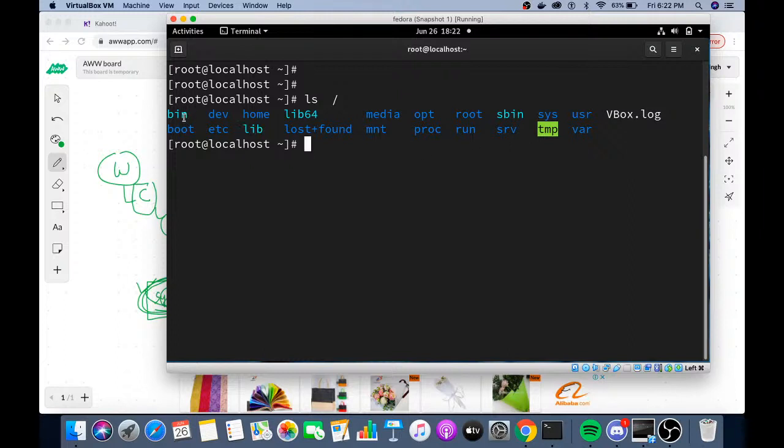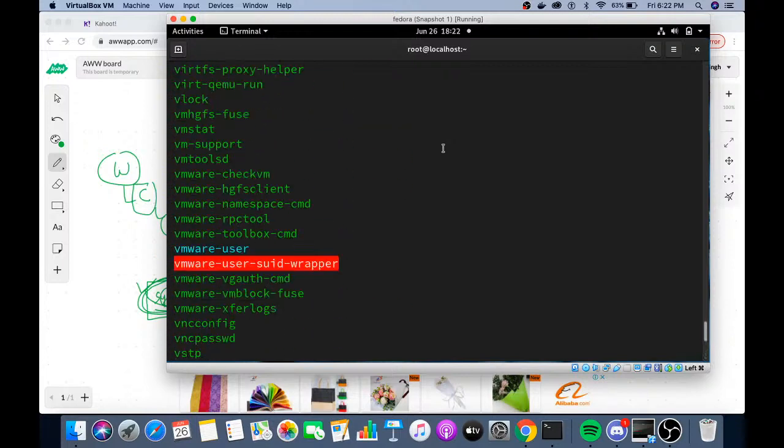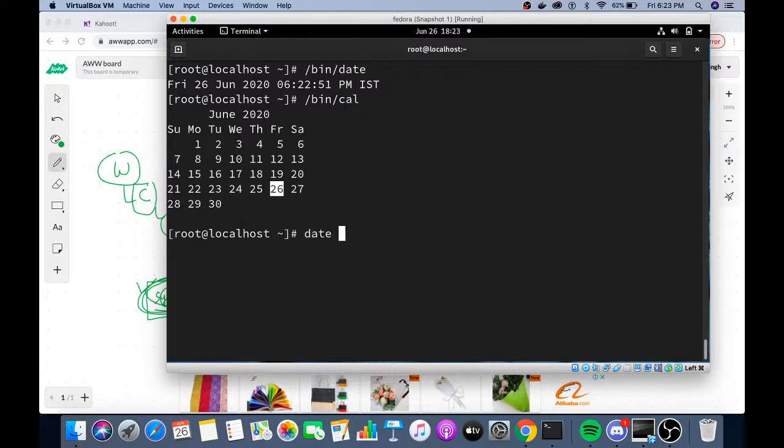So bin, okay. If you see this bin, you have a list of commands, all the commands. That means if I type slash bin, do you have date? Yes, we have. Slash bin, do you have cal? Yes, we have. So rather than typing bin, you can always type slash bin date. The bin means all the commands are stored here. There are other folders also that we will talk about later, but let's first take the attendance